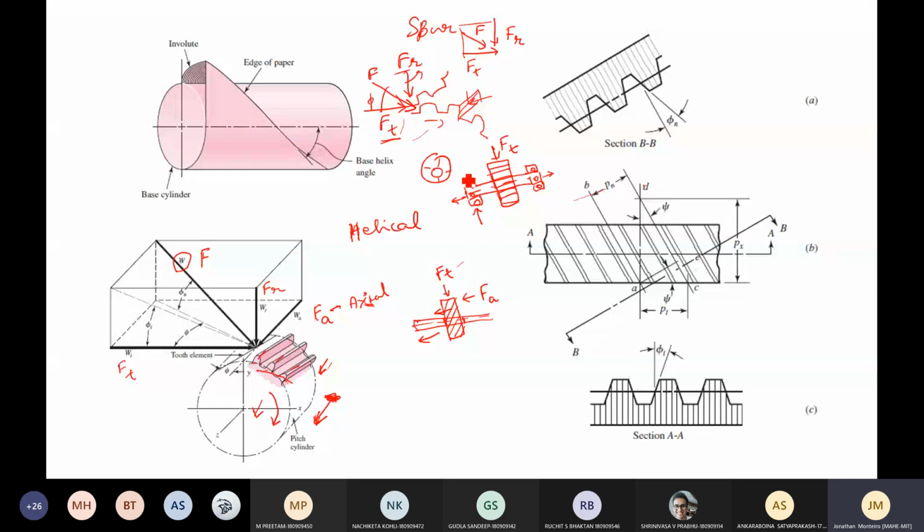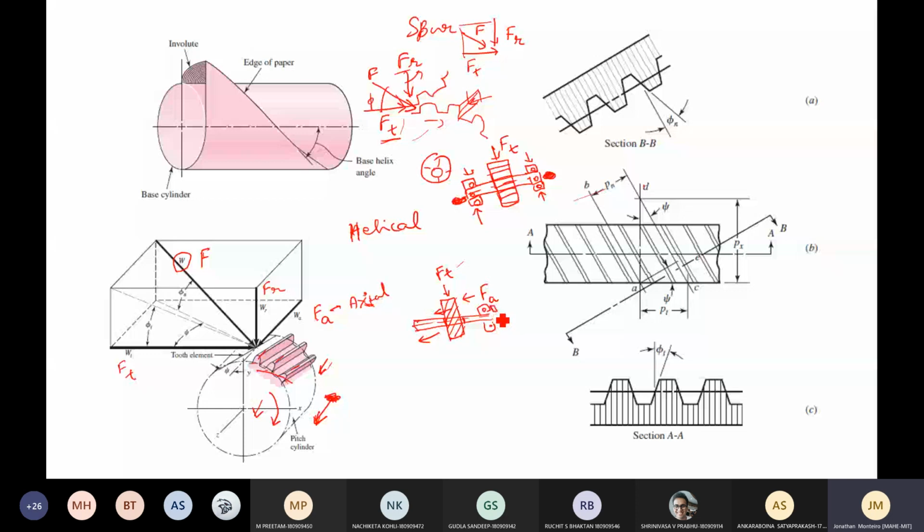Whereas this system, or you can say the entire gear set, since it has a tendency to be pushed whether to the left or to the right or in any way where Fa is acting, you will have to give something extra to it. So either it can be a combination of a roller bearing in this way and then a roller bearing which will take care of the axial force, or there is one more kind. Anyway, we'll be discussing this when we go through the chapter on roller bearings.